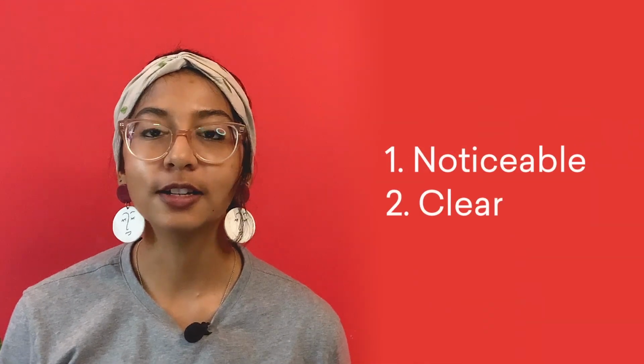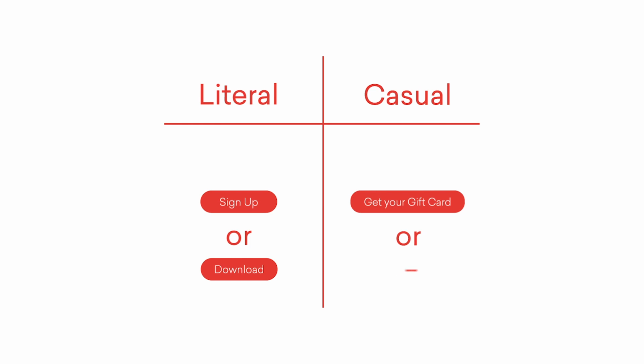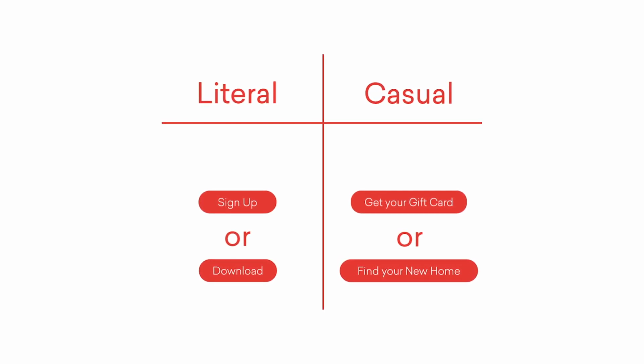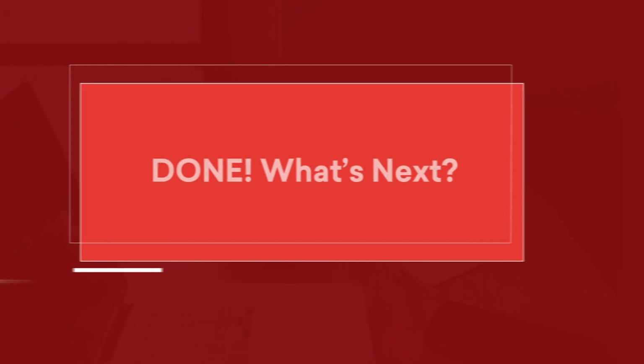We can't stress this enough. Make sure that the CTA button that you use is 1. Noticeable, and 2. Clear. Approach your landing page with the idea that clicking that CTA button is the easiest thing that your user can do. One design strategy to do this is to either have the CTA button up front on a static landing page or have it present as a sticky tab on a landing page with scroll. As for the wording on your CTA button, keep it crisp and clear. You can also play around with how straightforward it is, such as sign up or download, or you can also have it be a little more casual, such as get your gift card now or find your new home.